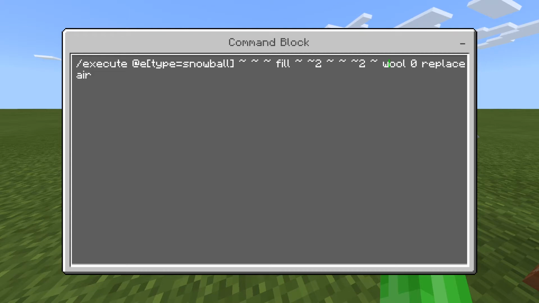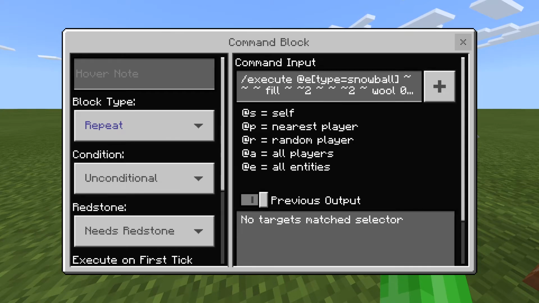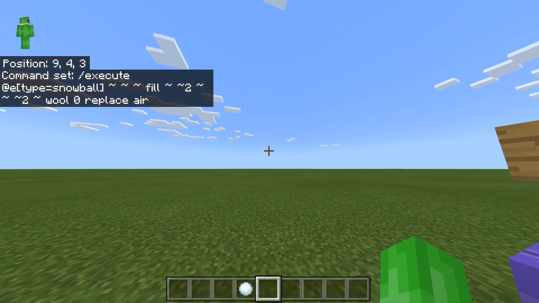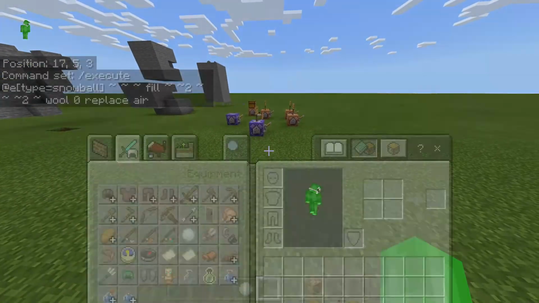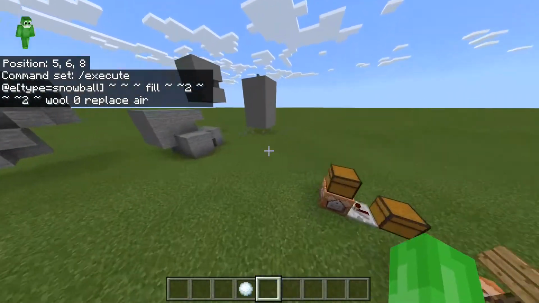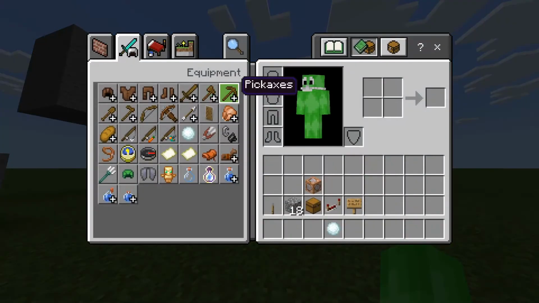You can see there's some things that we saw last time, such as the command fill, and it's just the normal fill command. But what you see differently is this weird thing, @e, and then these square brackets, type equals snowball. These are not that complicated. So if I wanted to kill all items, but not all entities, like watch this,